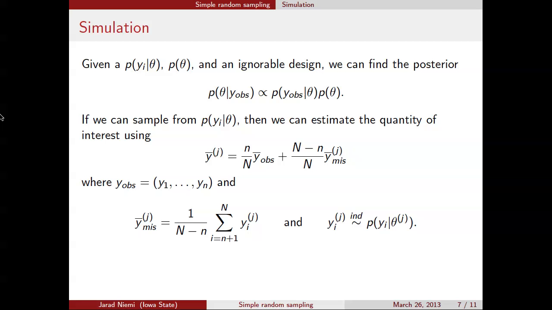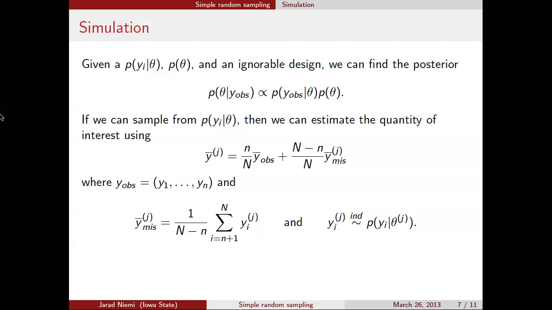Just to repeat. Let's say we're doing an MCMC. In each iteration of the MCMC, we have a draw for theta, so this is for iteration j. For every draw for theta, we're going to draw a whole set of missing values. We're going to impute, if you will, all the missing data. So we're going to sample, again, 6,194 minus 200 of these values at every iteration in our MCMC.